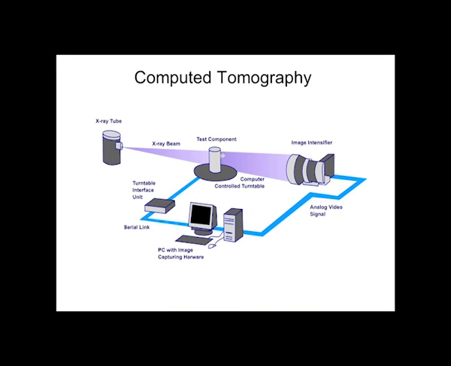So, this is what you have in this case: a computer controlled turntable or manipulator which holds the sample, and then it is exposed to X-rays, and you have detectors, like a flat panel detector, which can convert these X-ray intensities into a digital image. First you have the analog signal through the detector, which is kept behind the sample, and the sample is rotated at different angles. This analog data is sent to the processing unit, which converts it into digital data, and the digital image can be stored in a computer or seen on the computer screen.